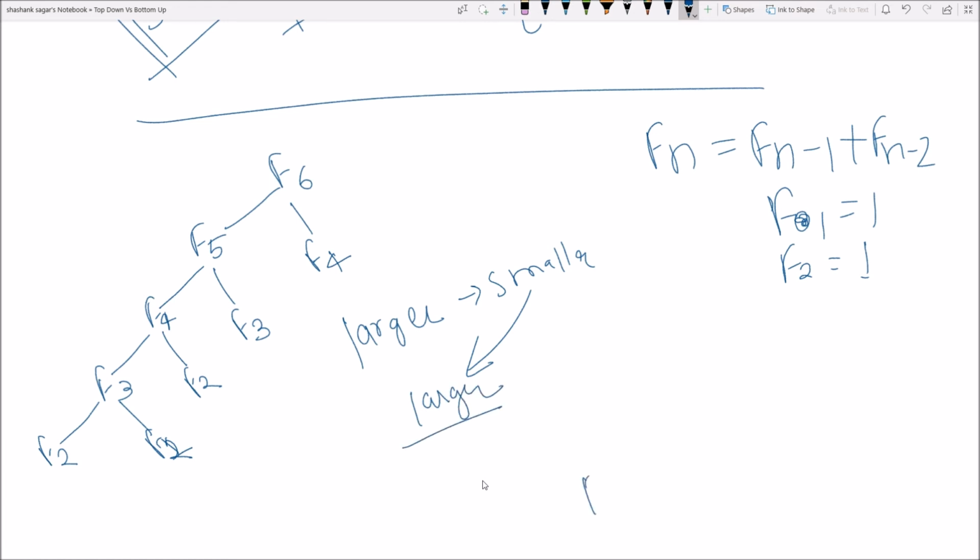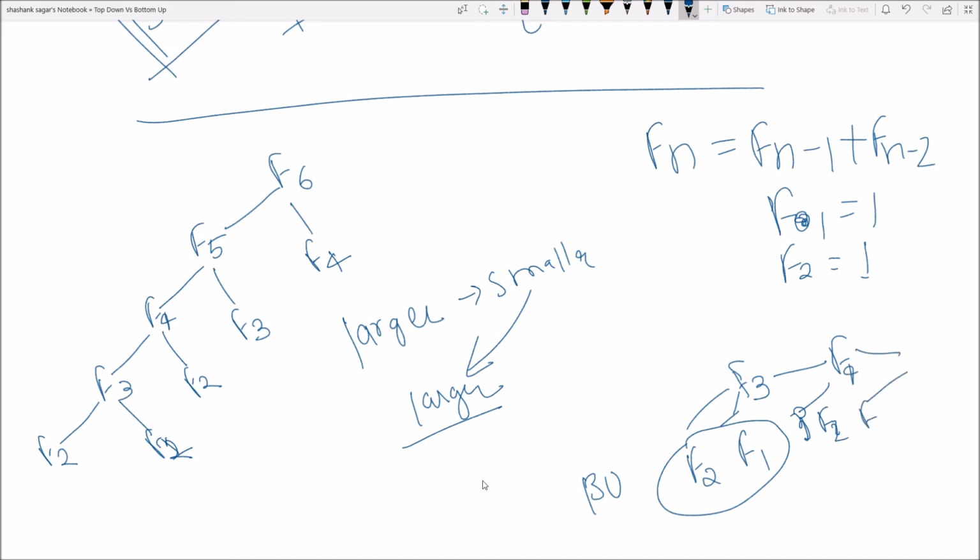And what we were doing in the bottom-up approach: this is F2, this is F1. Using these two we calculated F3, and using F3 and F2 we were calculating F4.